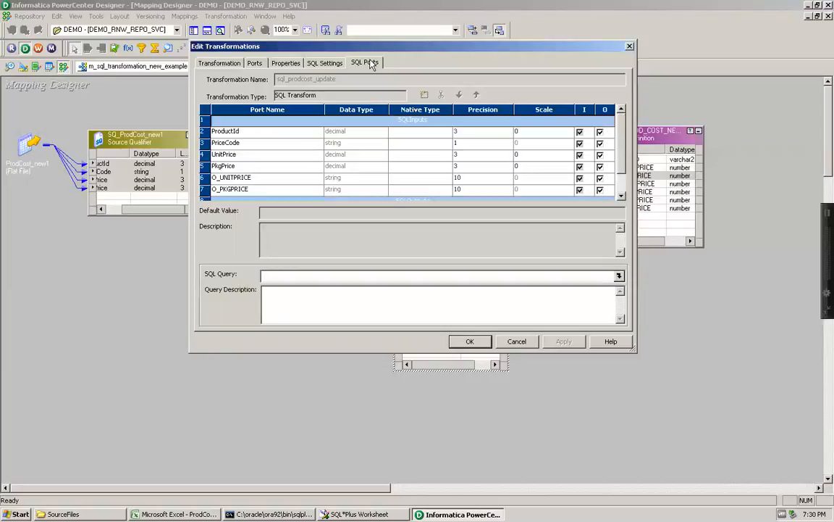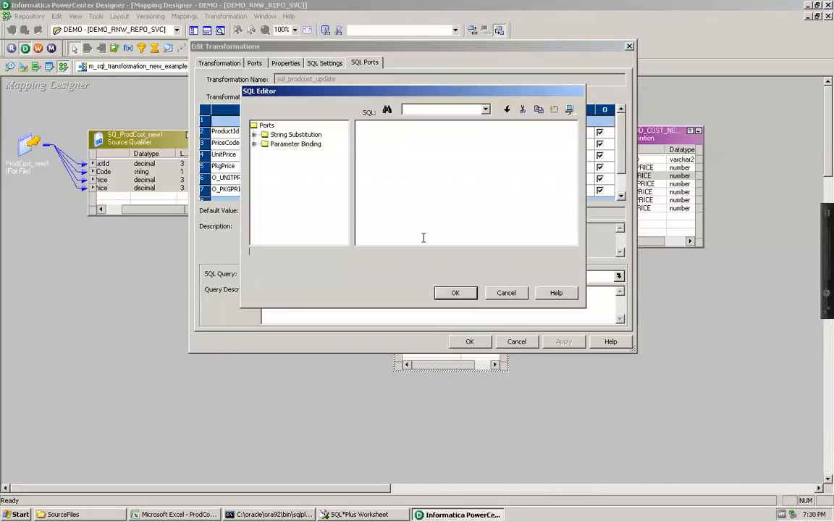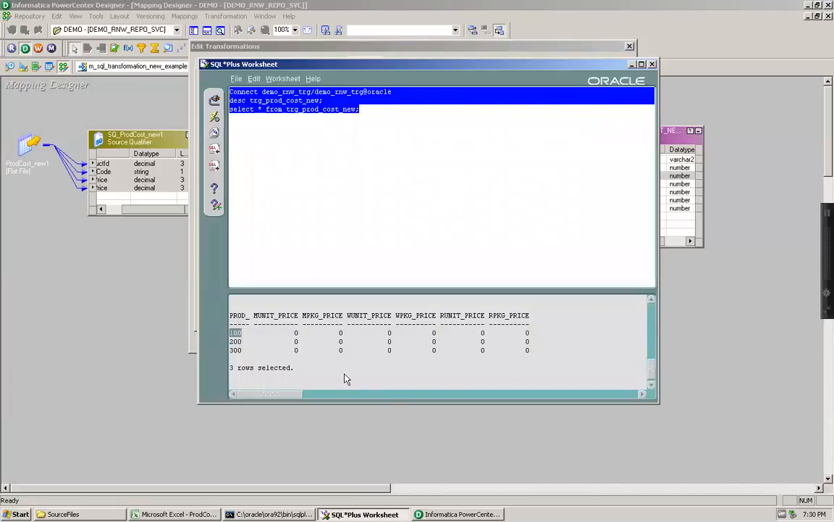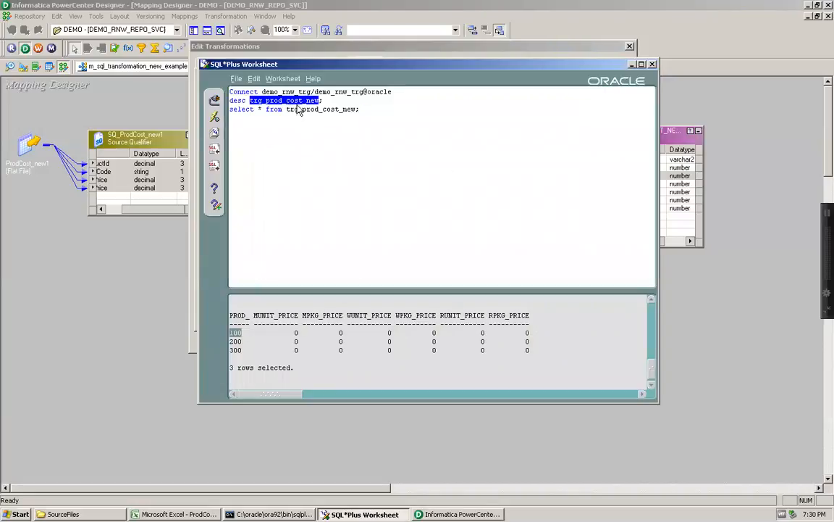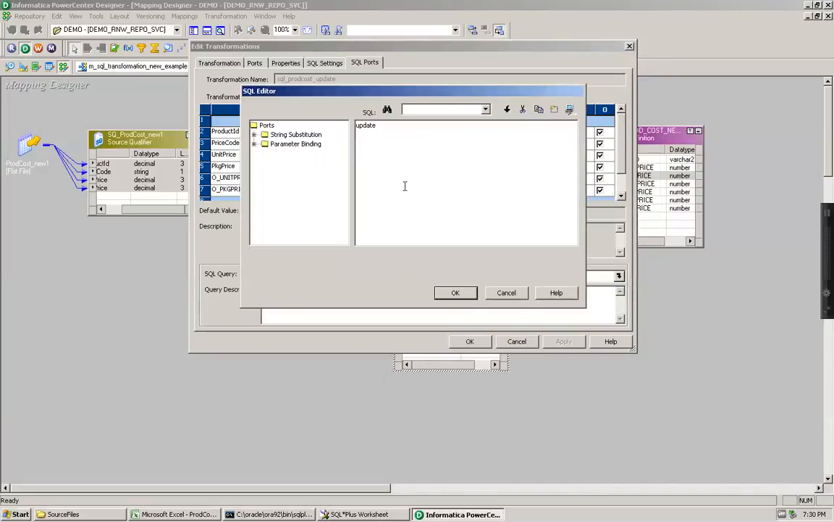On SQL port, this is the place where you are supposed to give the SQL query. So when you click on this particular button, it opens the SQL editor. Here you can write the SQL statement which you would like to execute on the target to update all these columns. So I'm writing the SQL statement here, update. My table name is this, and I have to set,